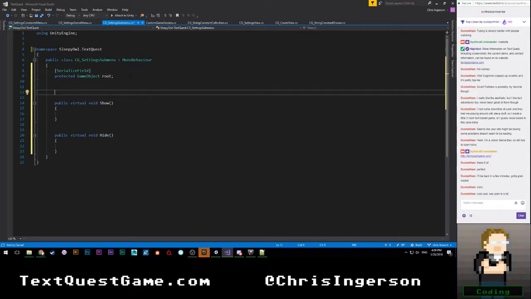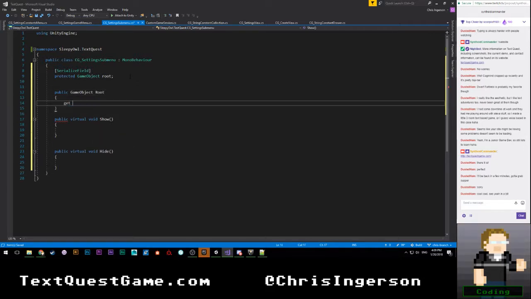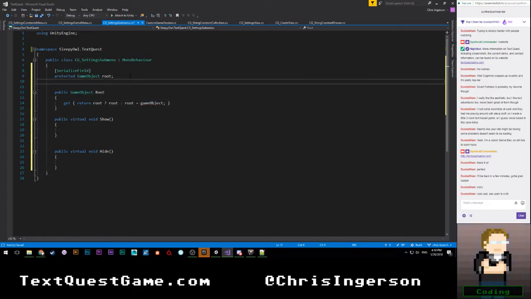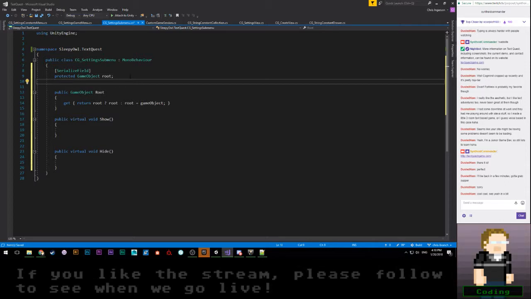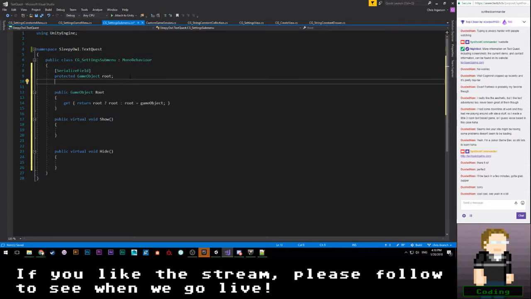Let's go ahead and go down here. I guess I make those public typically. So we'll say public GameObject Root get return root question mark root, otherwise root is equal to gameObject. Do we care about anything else really? No, I don't think they need shared buttons or anything like that, so we should be good.